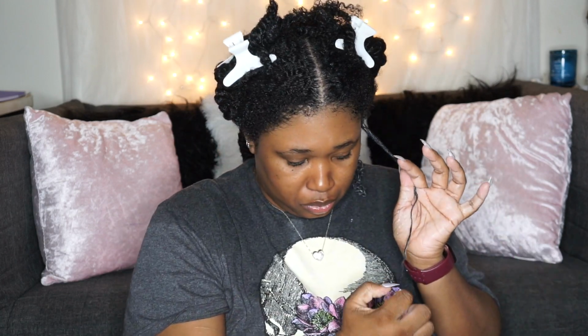Y'all have seen me do a wash and go before, but it feels like butter. Like when I added this product to the hair, it feels like butter, like I'm rubbing butter on my hair. Anyway,